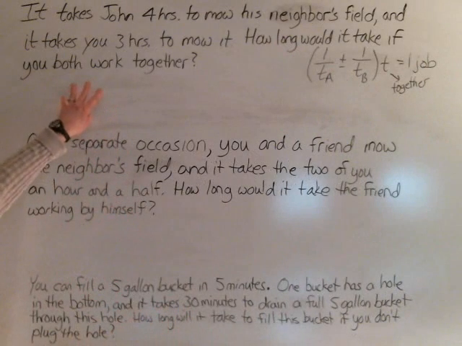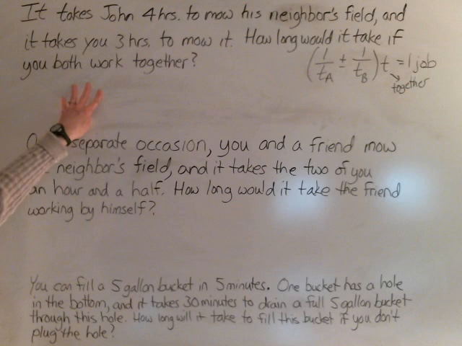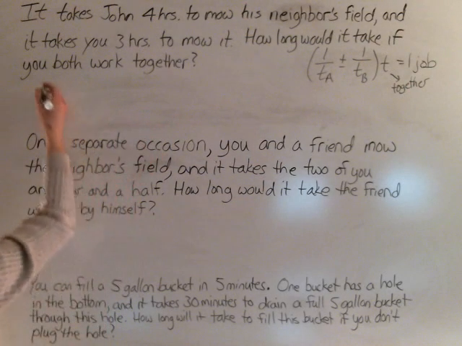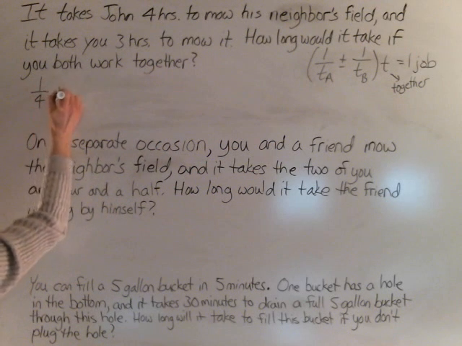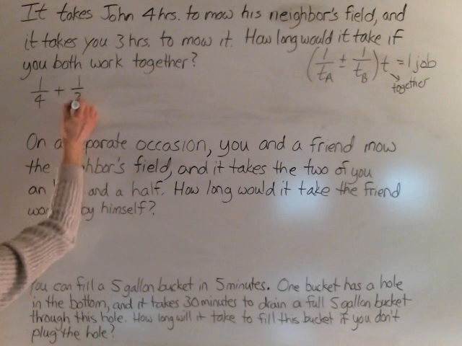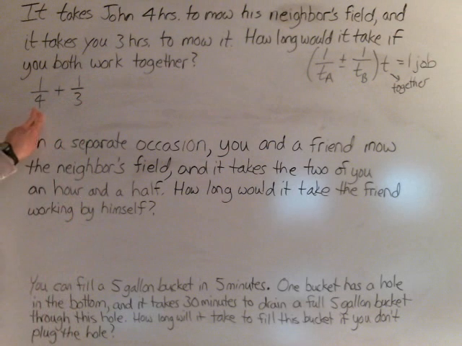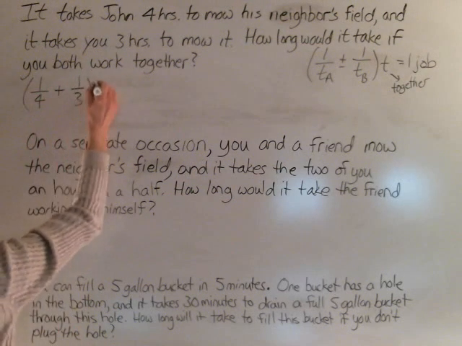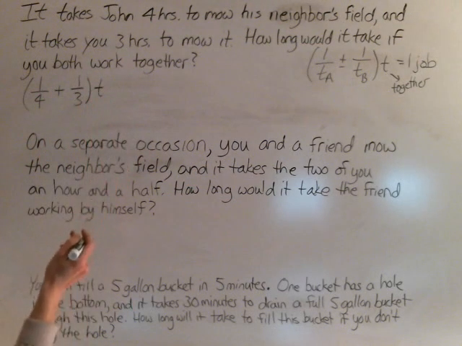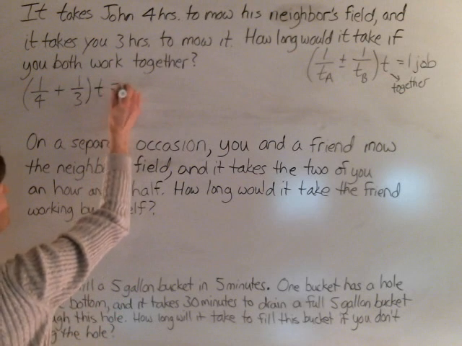So it says it takes John 4 hours to mow his neighbor's field and it takes you 3 hours to mow it. How long would it take if you both work together? All right, well, using this formula then, it takes one of us 4 hours and the other one 3 hours. So one time is 4 and one time is 3. We're adding because we're working together at the same time. We multiply by t, that's the time it takes us working together, and that's what we don't know,